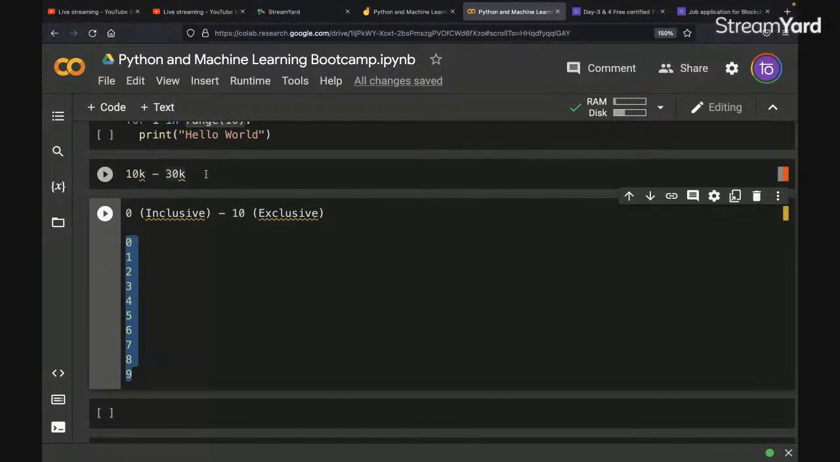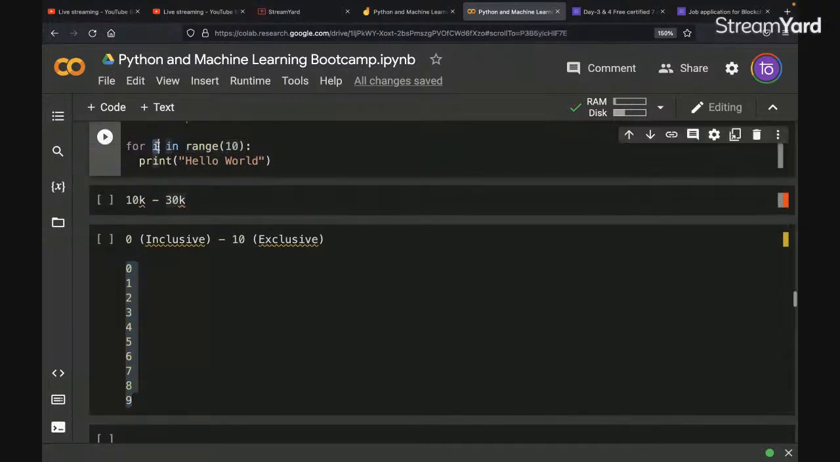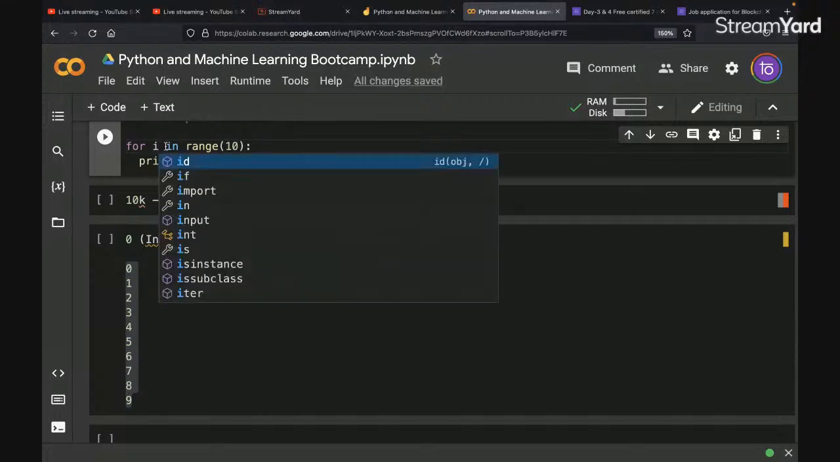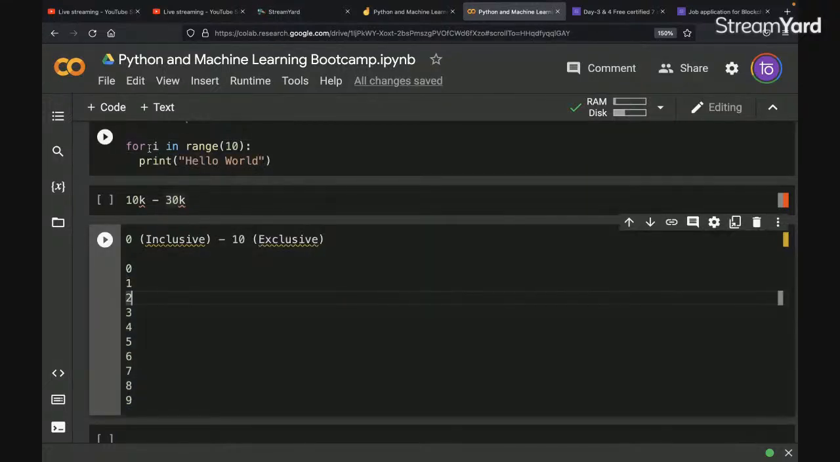Okay. Now, when we say for i, this i is a variable. It could be anything. You can say any name you like. So i is a variable, and these are the range. When we say for i in range 10, it means that for i in range,